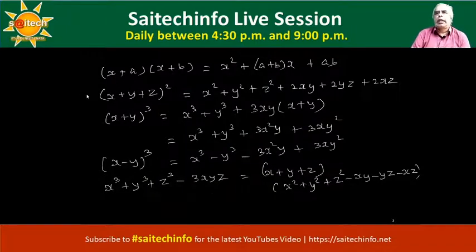Now, let us say (x plus a) into (x plus b). The best thing you can do is x into x, x squared, and you just add the terminal terms a plus b into this common term, that is x. Therefore, you are able to get (a plus b) into x. So this is the sum of middle terms. And a into b, that is the product of terminal terms.